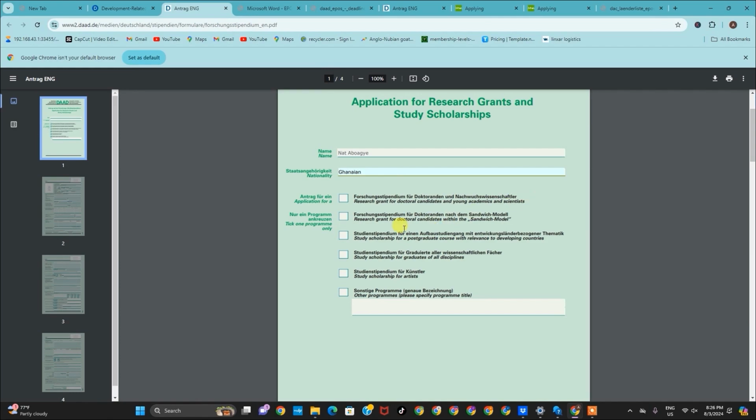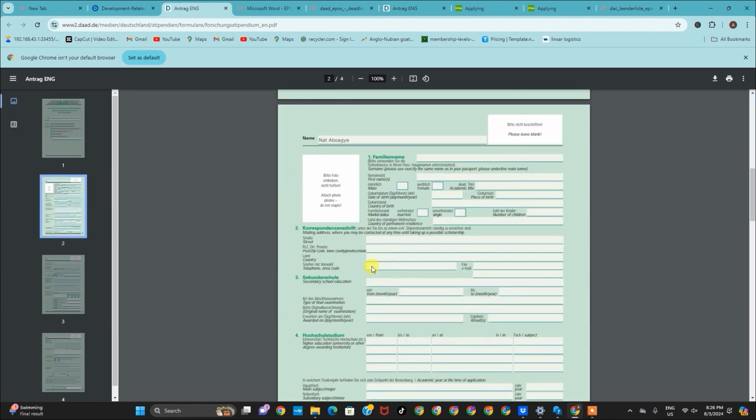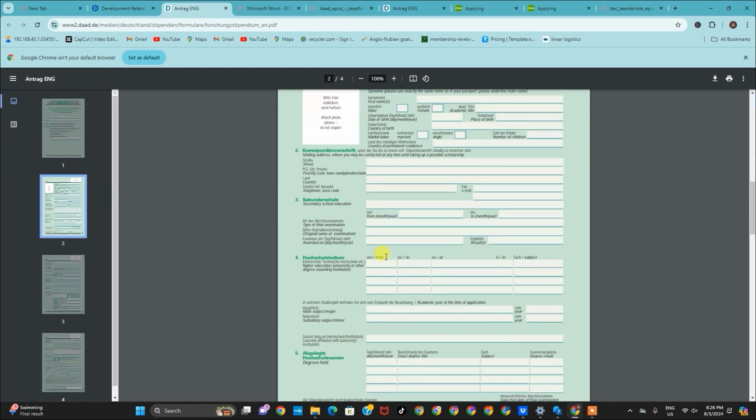He said research grant for doctoral candidate, no. Study scholarship for a postgraduate course with relevance to developing countries. So if you're applying from any developing nation, any sub-Saharan African country, this should be your slot. And your family name is over there, your first name, you fill out the details over there, your mailing address,